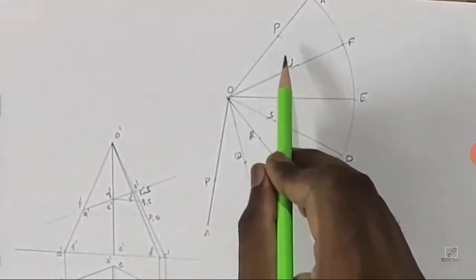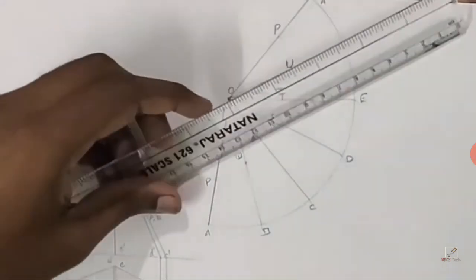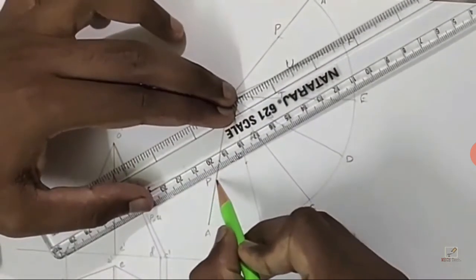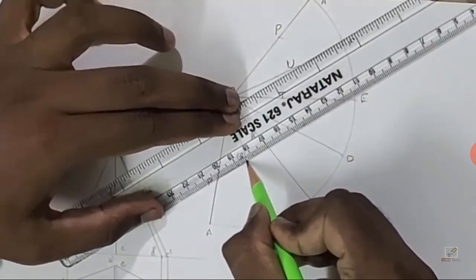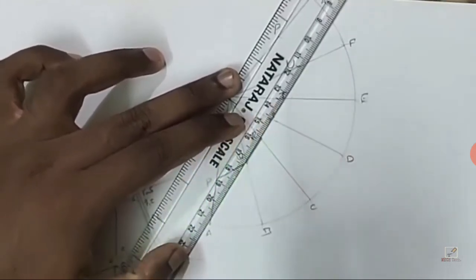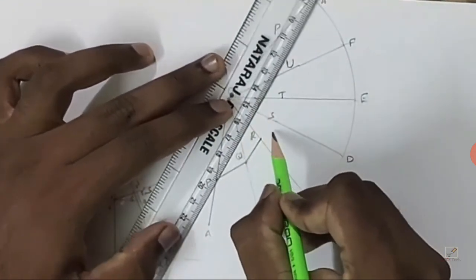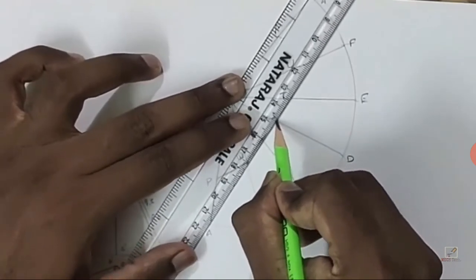Join all the points like P. To join all the points, hexagonal pyramid, connect with lines. Join all lines.